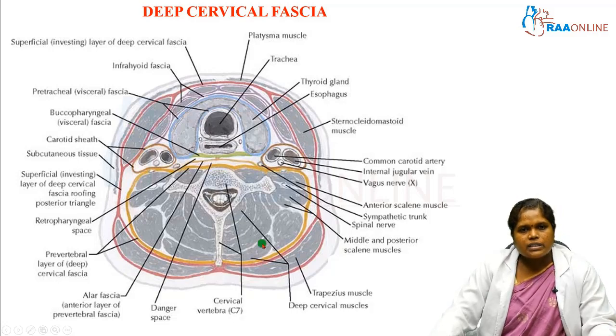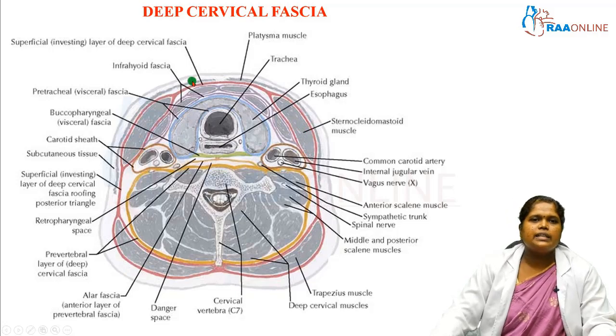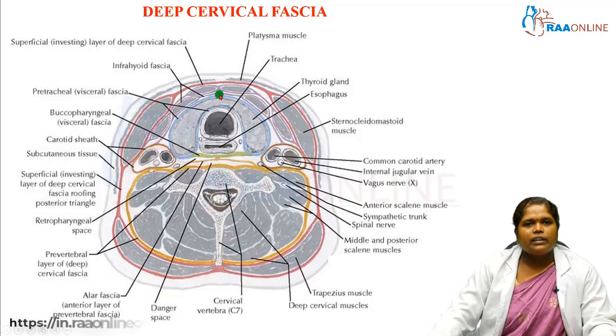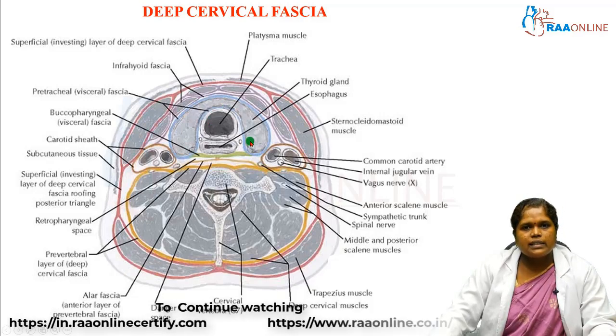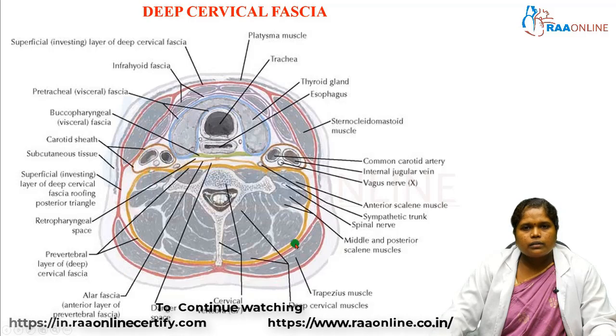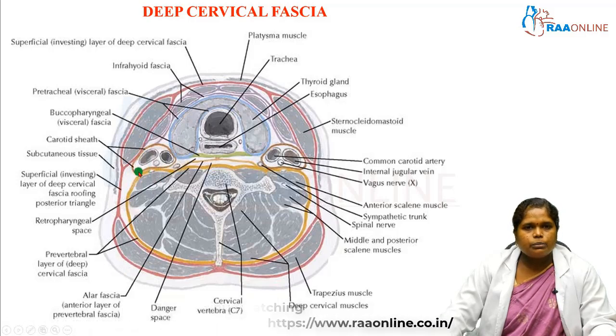And then and there you can see it is splitting and enclosing the muscle. So this is the outermost layer known as the investing layer of deep cervical fascia. Then you have this blue color structure, and this layer is the pretracheal layer of deep cervical fascia. Then we have this yellow color layer and this is the prevertebral layer of